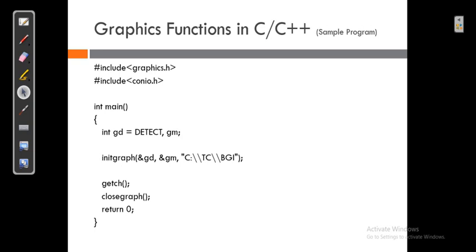Whatever functions are related to computer graphics, I can now call them. At the end I place getch just to hold the screen, and then closegraph. Closegraph will close the graphics mode, and after that my system will return to text mode, and return 0 will complete the execution of the program, and I will come back to my screen.